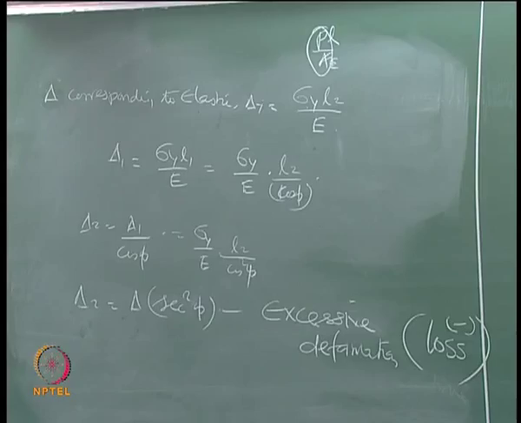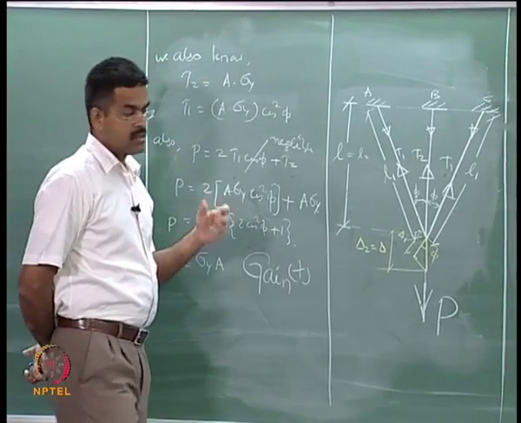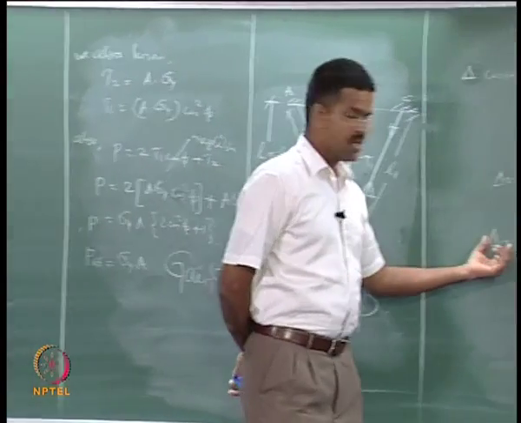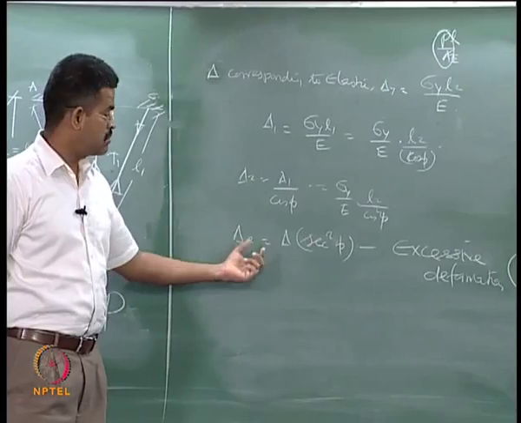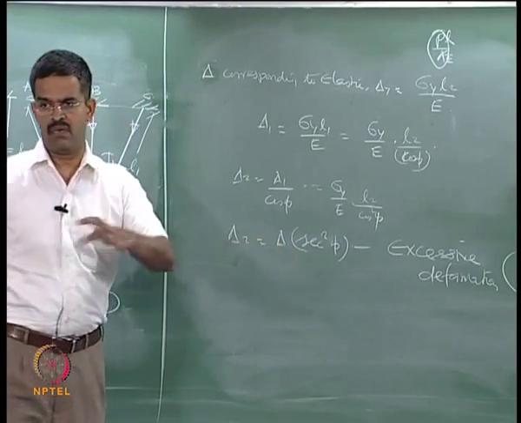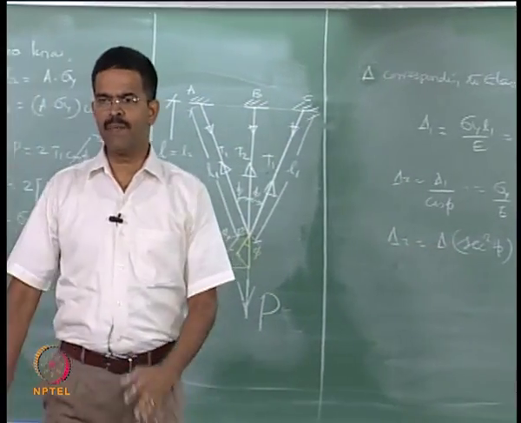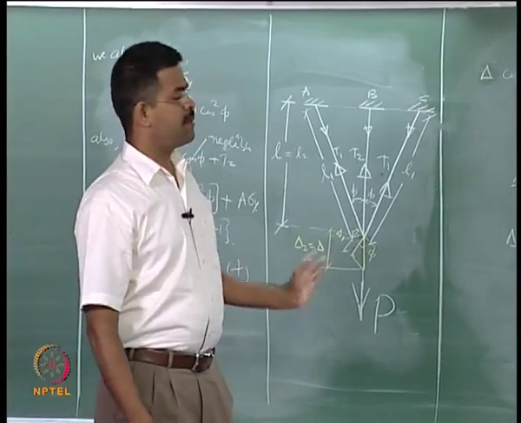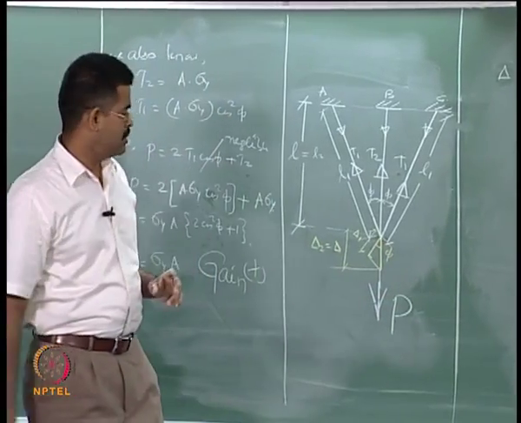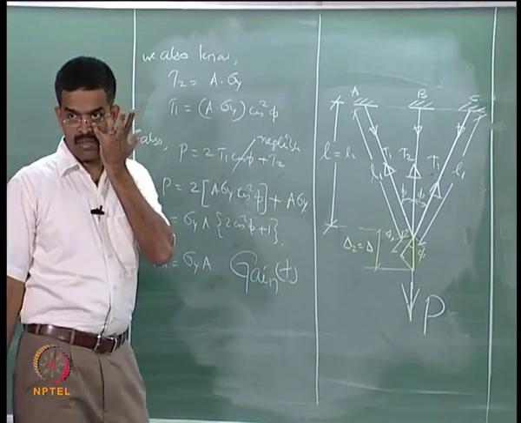The gain is that load carrying capacity is enhanced; the loss is that the elongation or the deformation is much more than the elastic value. So this example illustrates very clearly the plus and minus of applying the plastic analysis concept